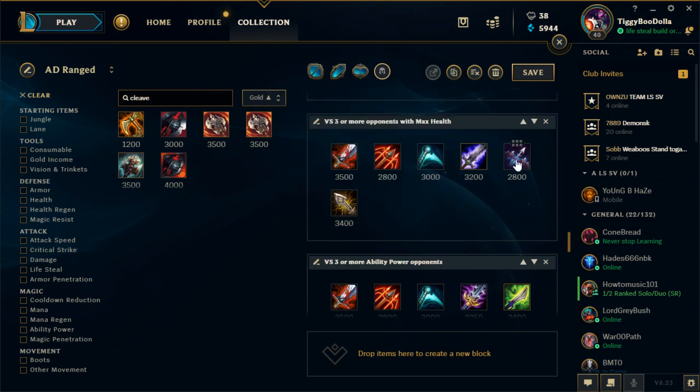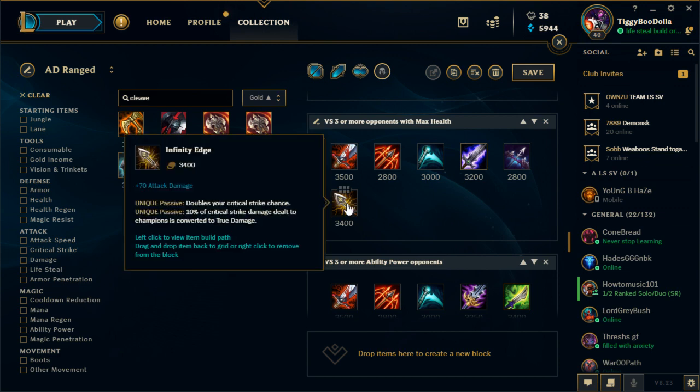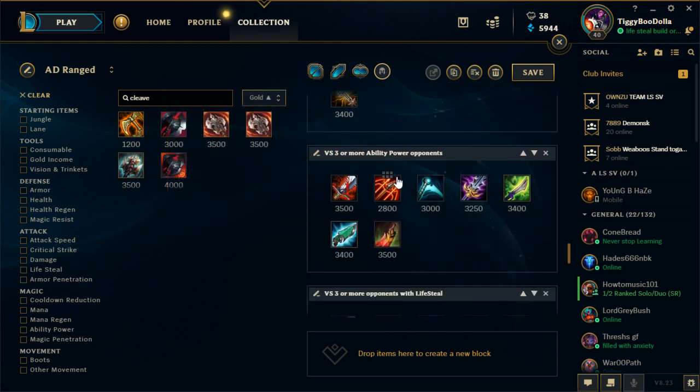Also, this one as well, Mortal Reminder, the Executioner passive here, inflicting grievous wounds, is really going to hurt champions who have maximum health that also have very high health regeneration. And Infinity Edge is one of our best penetration items in the game because of that true damage with the critical strike effect. So this is going to be perfect for, but these are all unique to